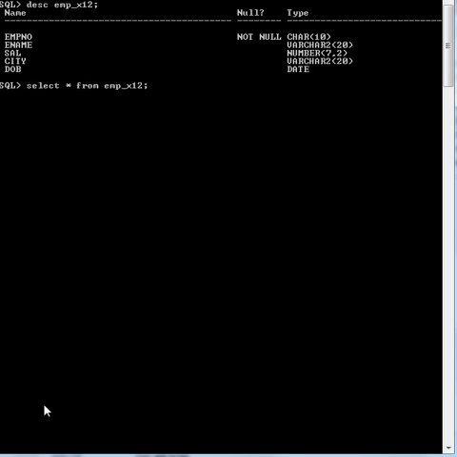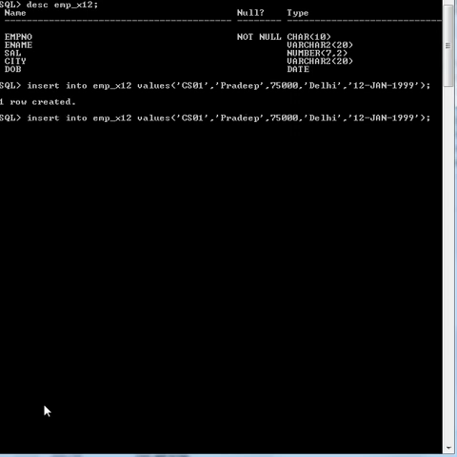If you want to insert the values, insert into EMP x12 values. One row has been created. If you want to insert some different value with the same EMP number, is it possible here or not?